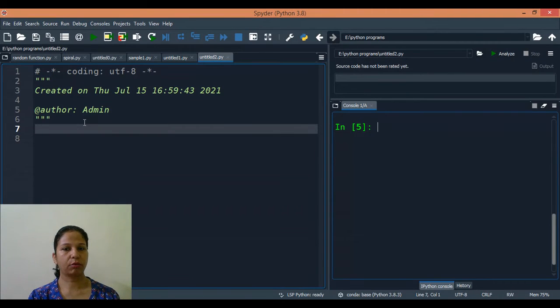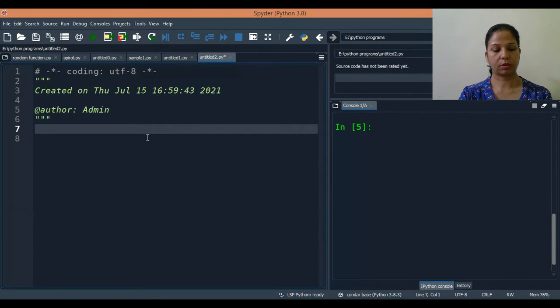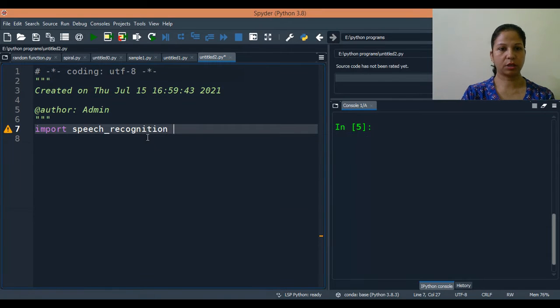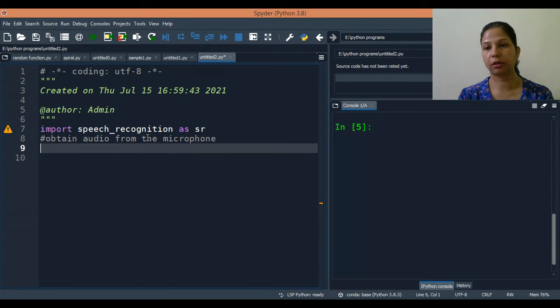I'll start writing the program for speech recognition. The first line will be the import, which is import speech_recognition, and I'll give it a short name, maybe sr. Now, to obtain the audio from the microphone, I told you that we are using the microphone to detect the audio.